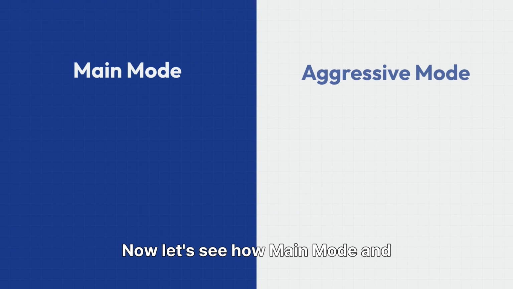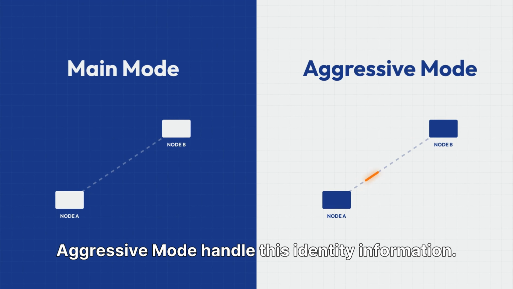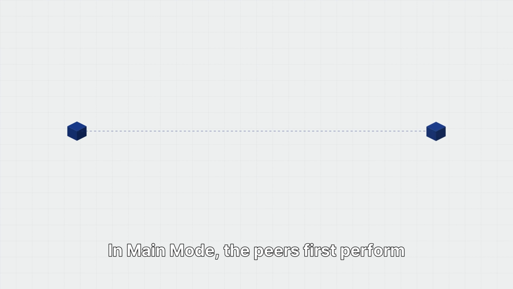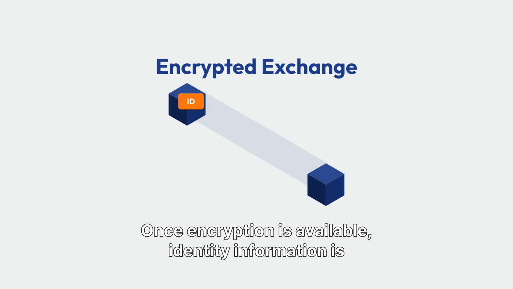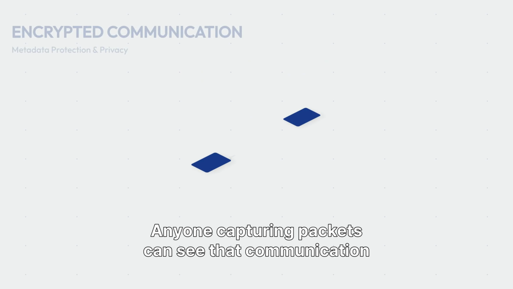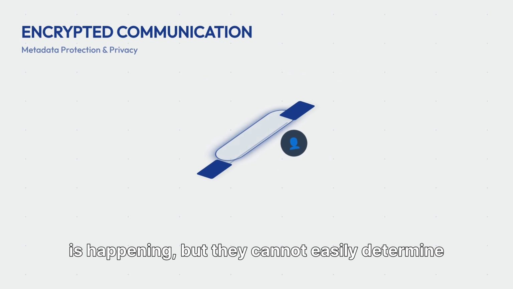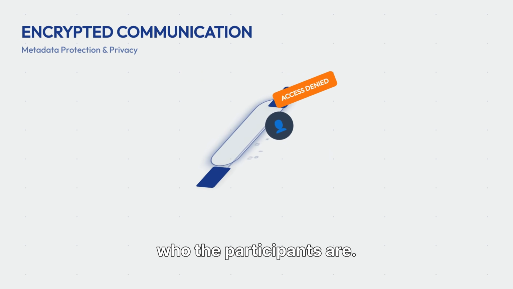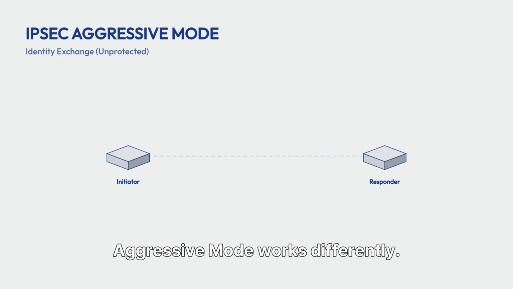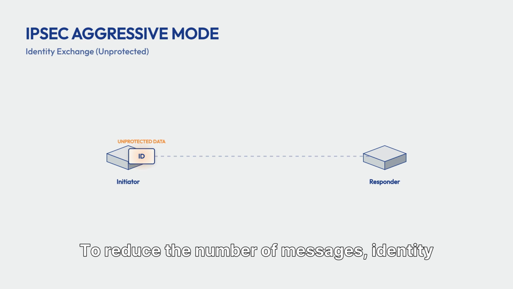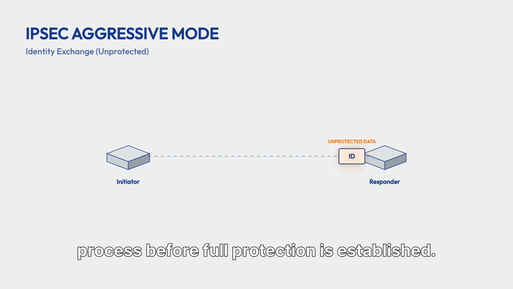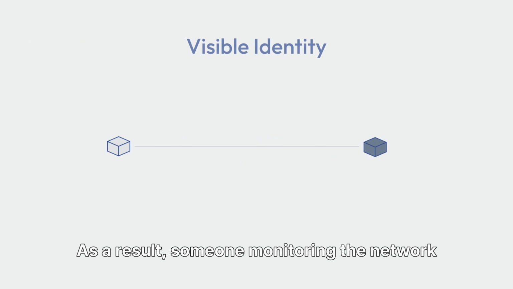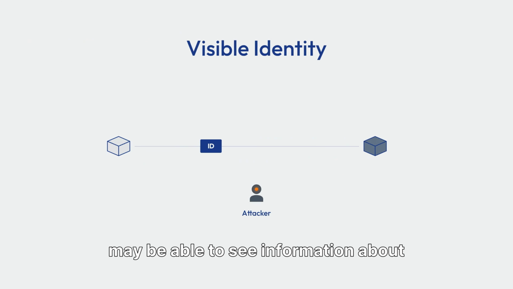Now let's see how main mode and aggressive mode handle this identity information. In main mode, the peers first perform the initial negotiation and create a protected channel. Once encryption is available, identity information is exchanged securely. Anyone capturing packets can see that communication is happening, but they cannot easily determine who the participants are. Aggressive mode works differently. To reduce the number of messages, identity information is exchanged much earlier in the process, before full protection is established. As a result, someone monitoring the network may be able to see information about the VPN